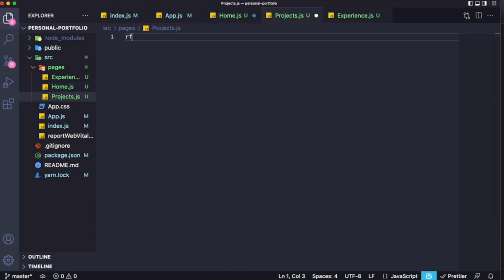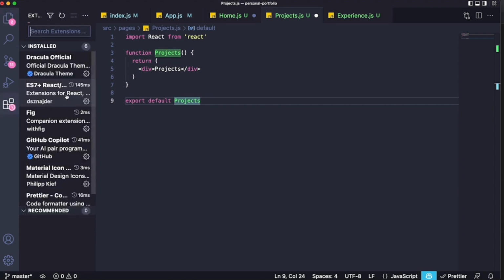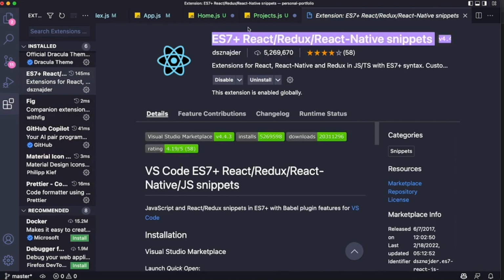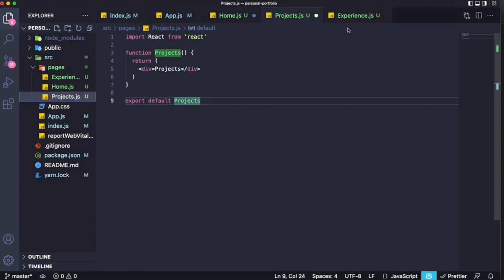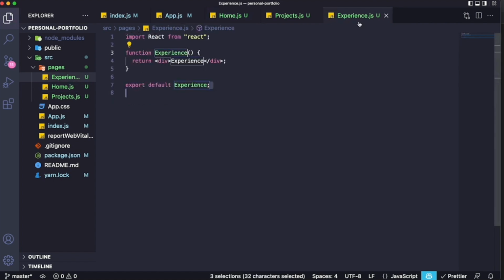And I'm using a snippet to generate this. I've mentioned it in a couple of videos. Basically, it is this snippet over here, the ES7 plus React Redux, all of this stuff. If you want to download the snippet, just go and download. Basically, all it does is whenever I write RFCE, it will generate a simple functional component for me with the name of the file. So we've generated a component for each of these